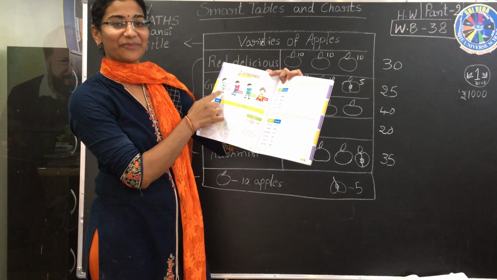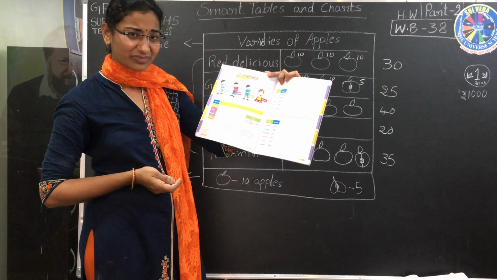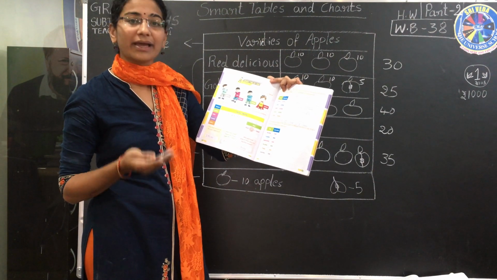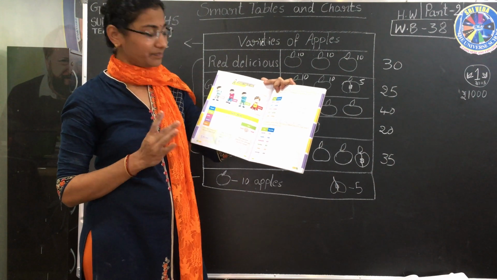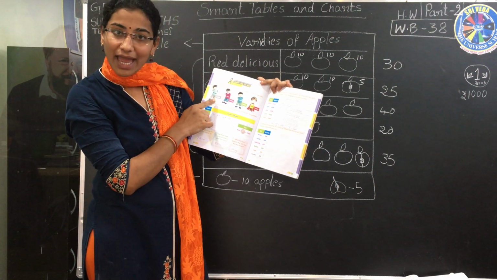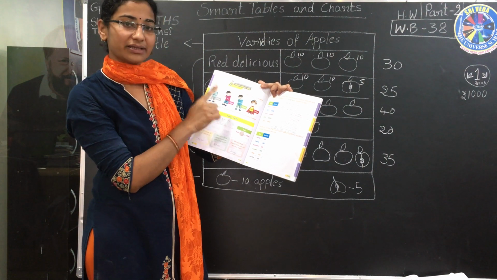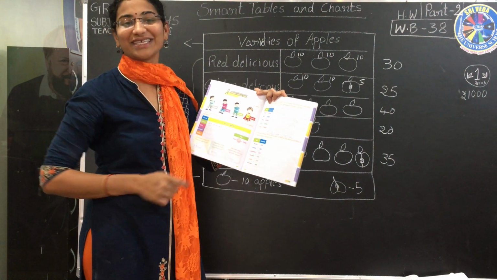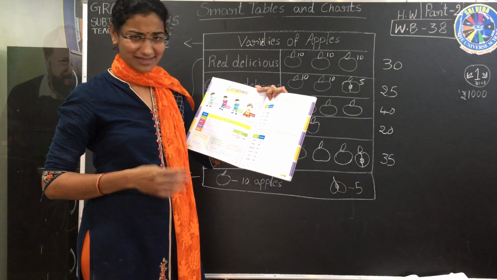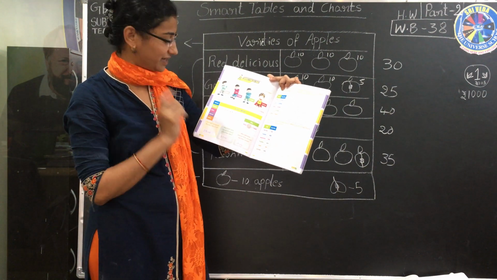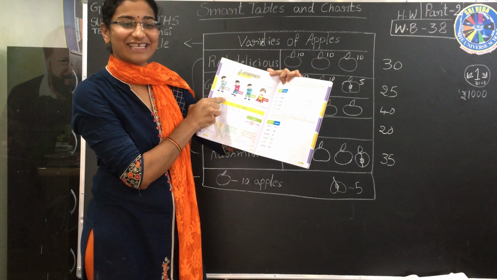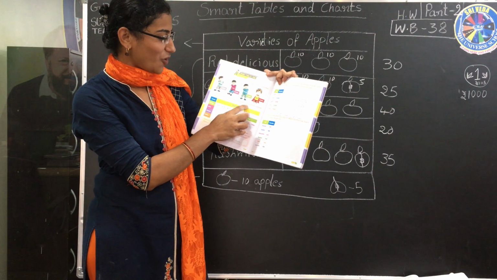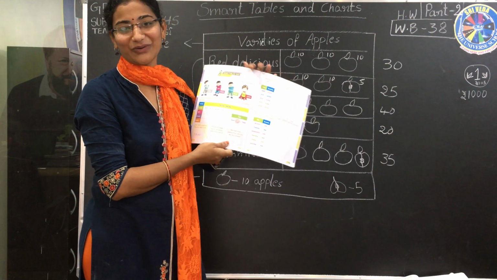Okay, Sanjay, 8,000 rupees. Come and open it. Just pause the video, take your workbook, then start the video. Okay? Then, Sanjay, 8,000. John, 7,000. Anwar, 9,000. Sindhu, 6,000. They have such amount of money. Then what is the question? Use this information to complete the pictograph below and answer the questions that follow.